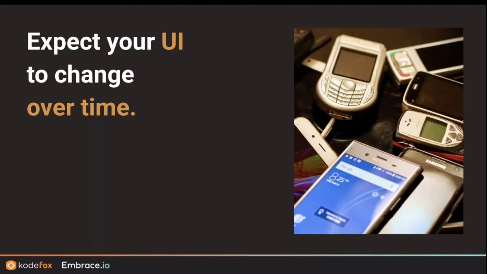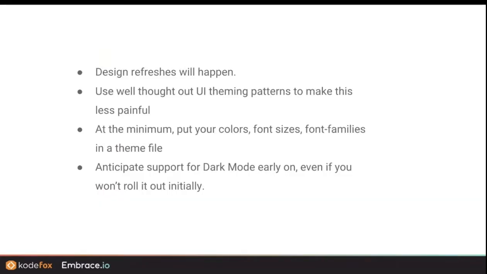And so, that's a little bit of a side note, because UI is one piece of that, as well as business aspects to it. But ultimately, think about it this way: the design refreshes are going to happen. They're going to happen often. If you use well thought out UI theming patterns, that'll make this less painful, right? Think about when dark mode came out last year, and all these companies scrambling to try to figure out how am I going to get my UI to be rethemed into dark mode.